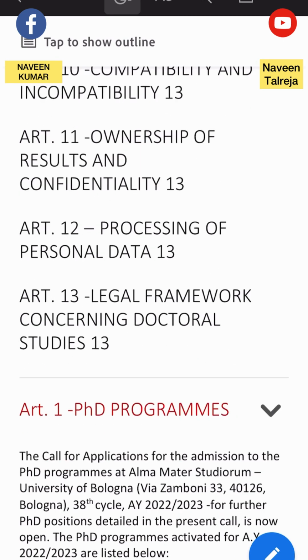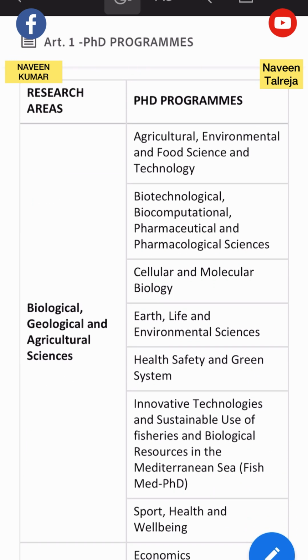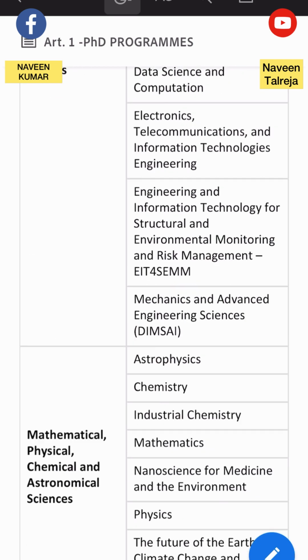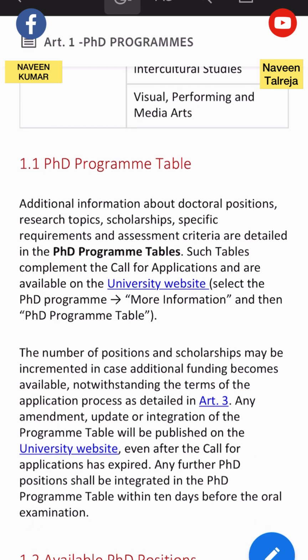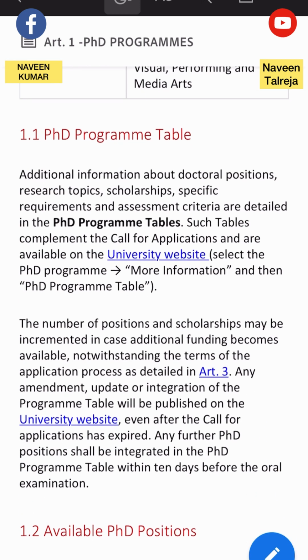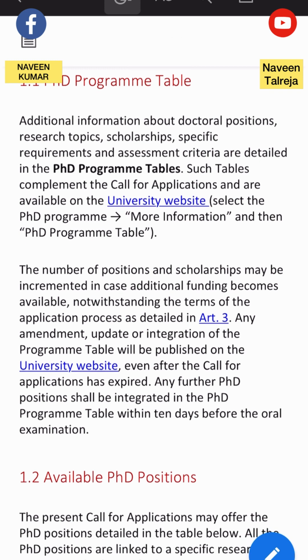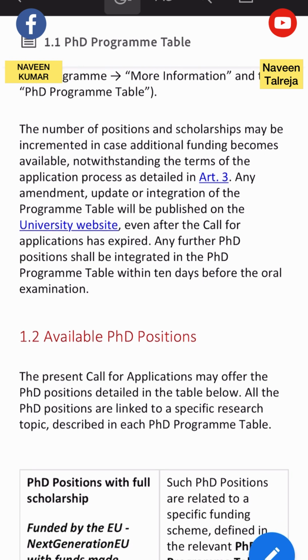Here you will see what the requirements are, how many seats are available, in which areas they are offering, what documents you need, how much the fees are, how much the grant is. So this table and this call is very, very important to read, but it's a little bit detailed. You need time to understand it, so you must read it before you apply.